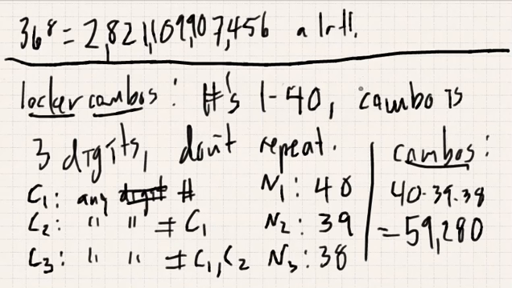It's 59,280 different possibilities. Although you can look up online ways to get around that. You can listen to the lock and hear clicks when they spin around and stuff like that. So locks really aren't that safe. Anyways,